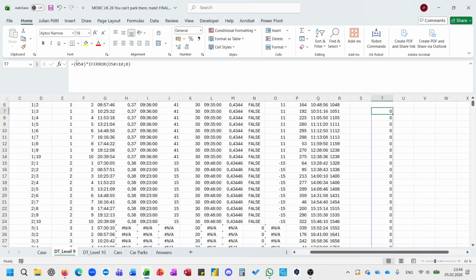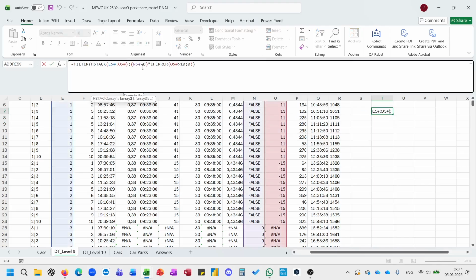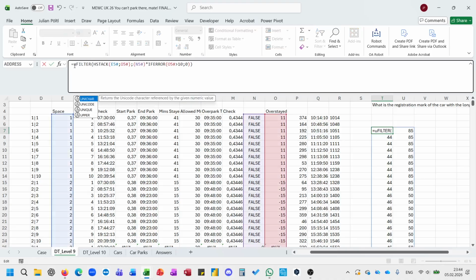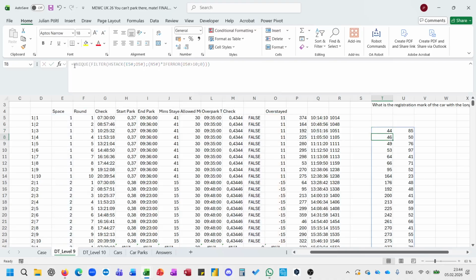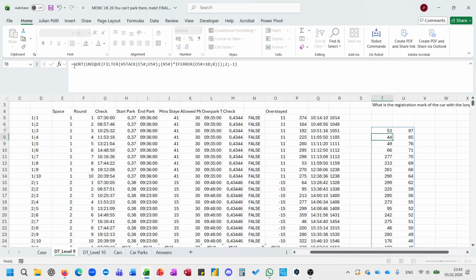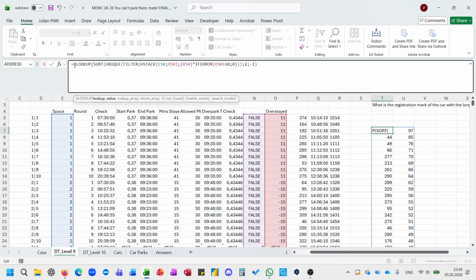And now we have set. Sorry, this should be true, and then we have here unique, sort 2 minus 2 1, space 53, and then xlookup at